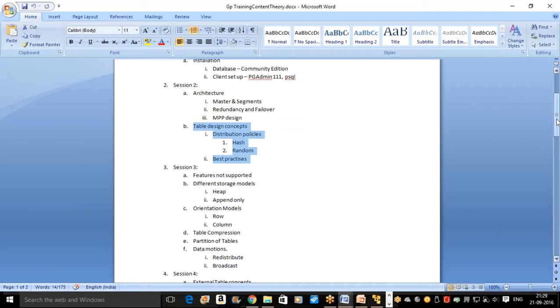So how do we determine that? What are the things to take care of? All these things we will be seeing when discussing the table design concepts. The next thing, there are some features that are not supported in Greenplum compared to other databases, like foreign key, correlated subquery, notin clause. So some features we will be discussing,